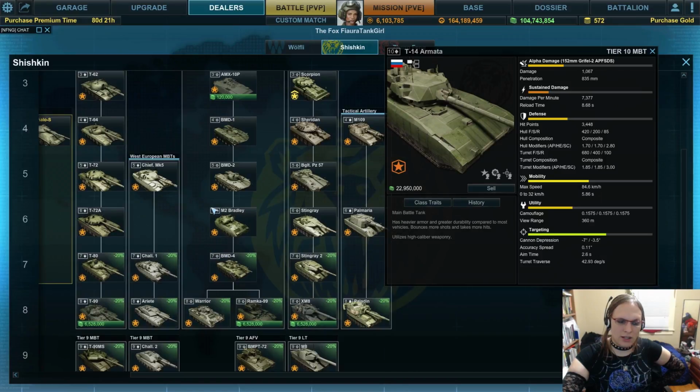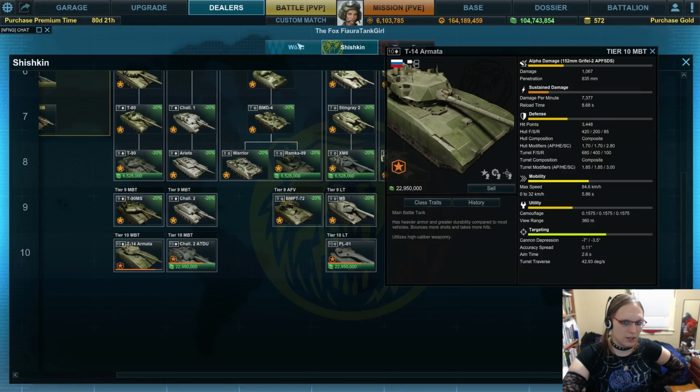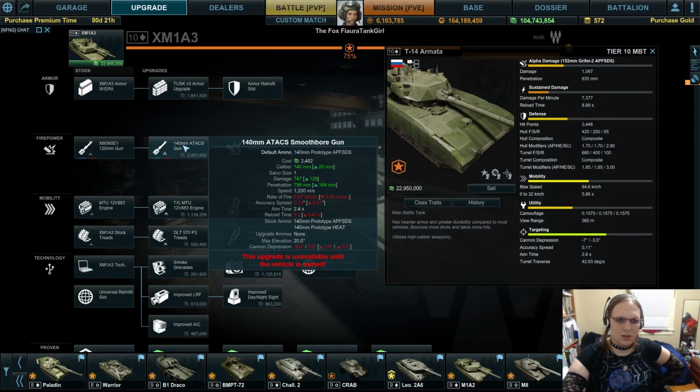So, that's in comparison to the other Shishkin Tier 10 vehicles. What about the Wolfley's Tier 10 vehicles? Let's take a look. I'm not going to compare it to the Sphinx, because the Sphinx is an AFV, and that's an unfair comparison. Because they're two entirely different machines, they work in entirely different ways. In comparison to the Abrams, well,